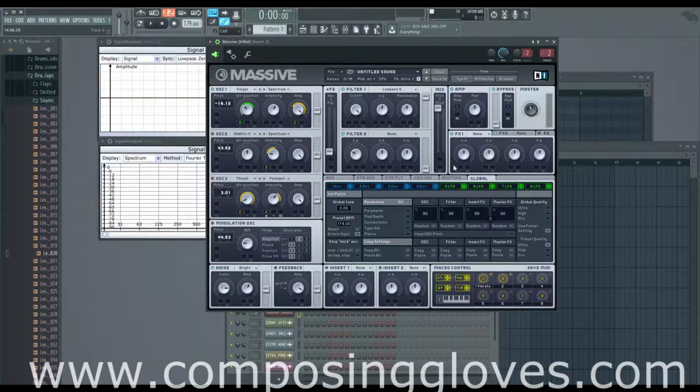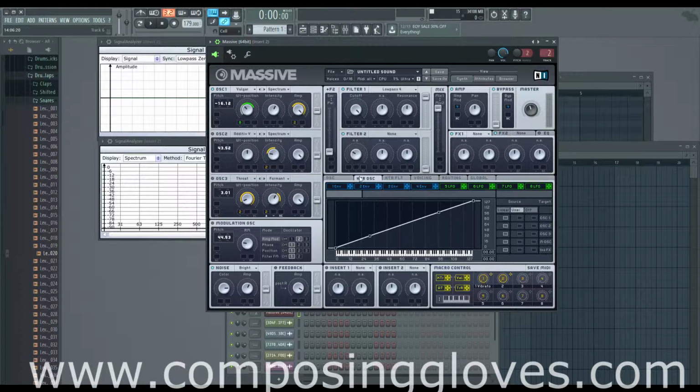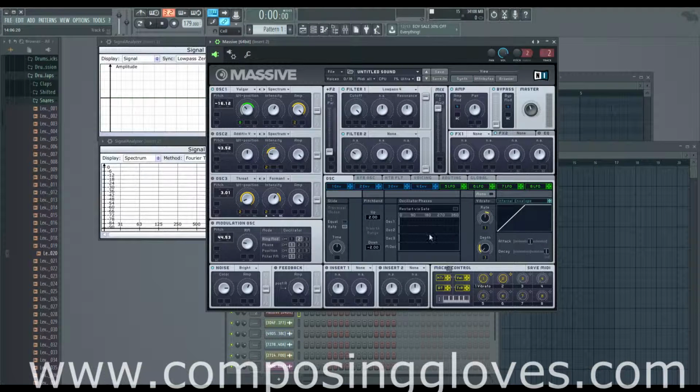And then the last thing is you have these things that you can map to various places. This is the key tracking, and it's independent of these key tracking filter type deals. So if we go to a new sound, actually we don't even need to go to a new sound. I have a low pass on. As you can see, if we drop the key tracking on there and turn it on,